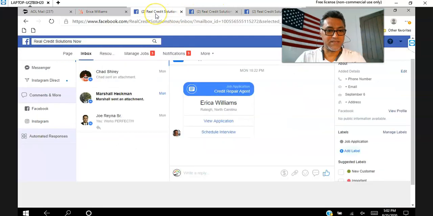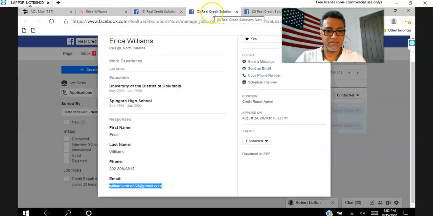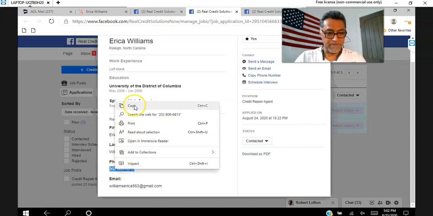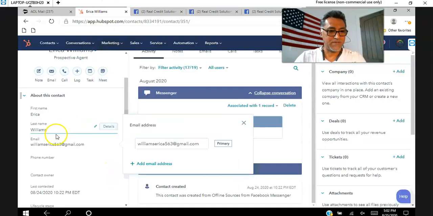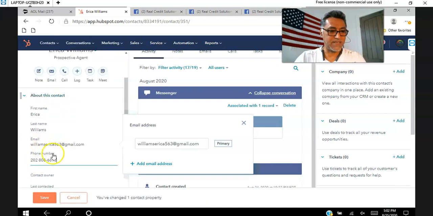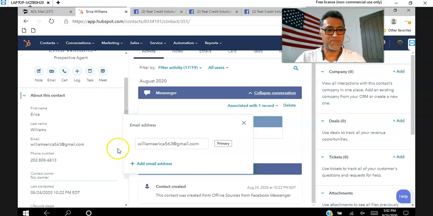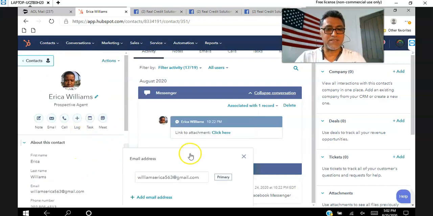Now we're going to go back to her application and grab her phone number. We're going to copy, and we're going to paste it into where the phone numbers are at. Paste that and click save. Okay, so that step is done. So now we have her email address. Now we can click on email,